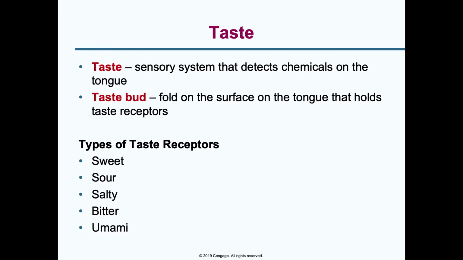Okay. So we had touch as a cutaneous sense, and now we have taste. Taste is a chemical sense. Okay. Taste is part of a sensory system that detects chemicals mainly on the tongue. We have these things called taste buds. I'm sure you've heard of them, but they're folds that are on the surface of the tongue. You really can't see them. They're not large folds, okay, microscopic folds on the surface of the tongue where the taste